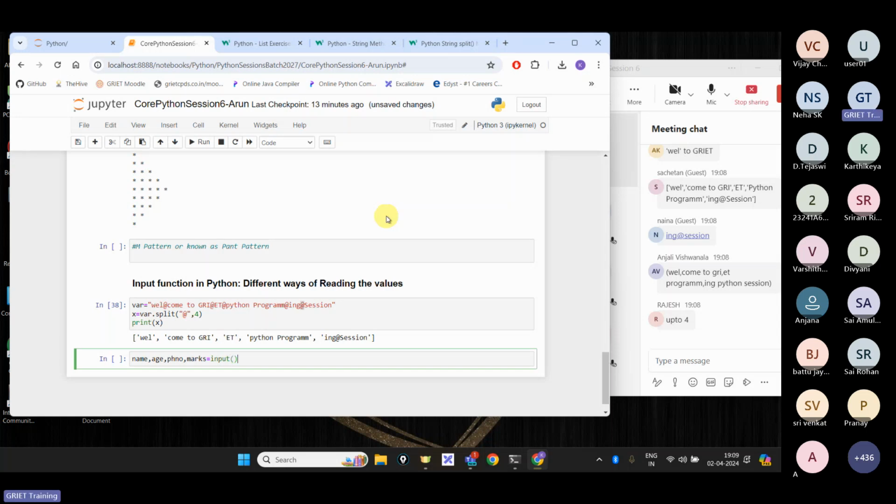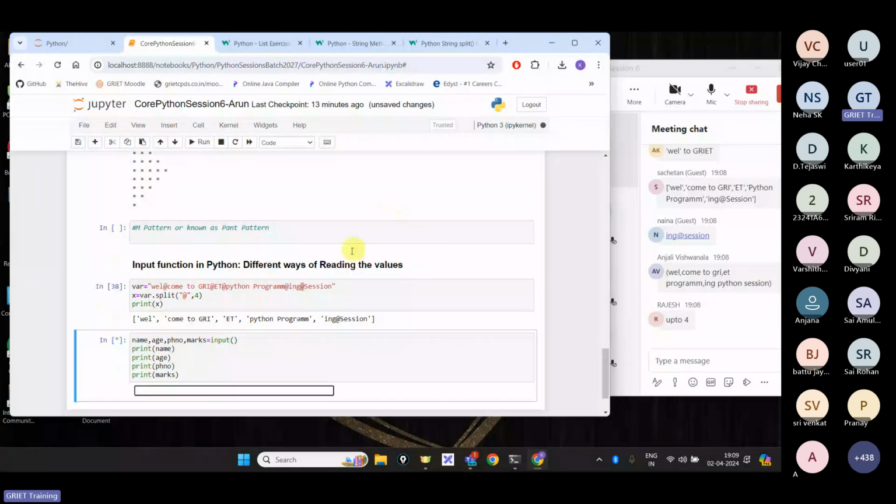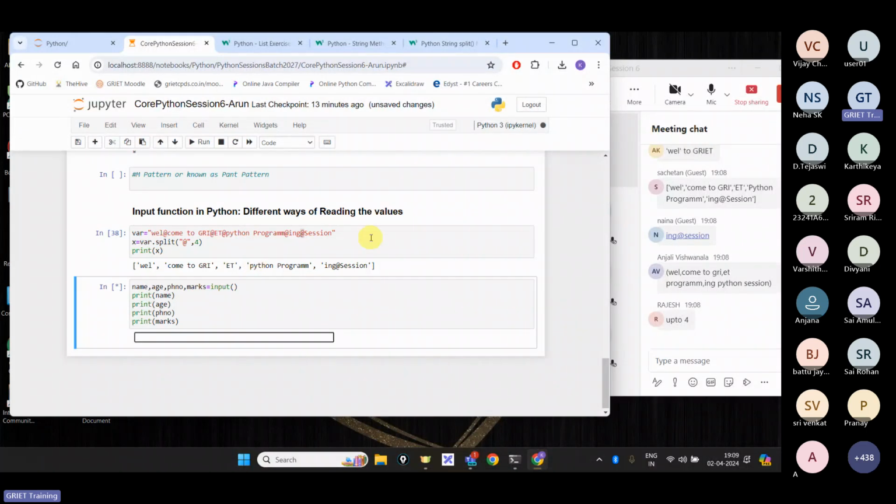So when I mention like this, how does the compiler understand how many values I'm entering? Suppose I'll enter